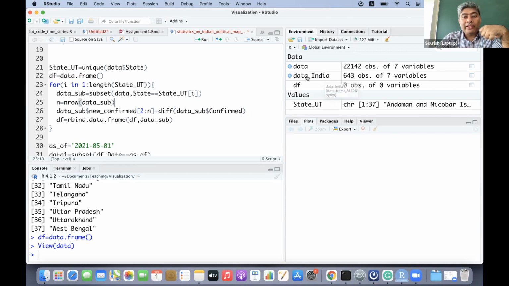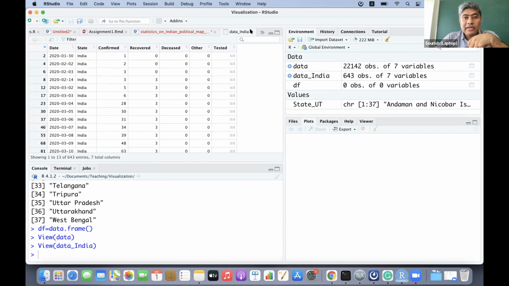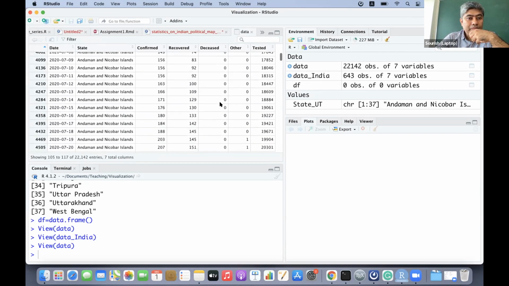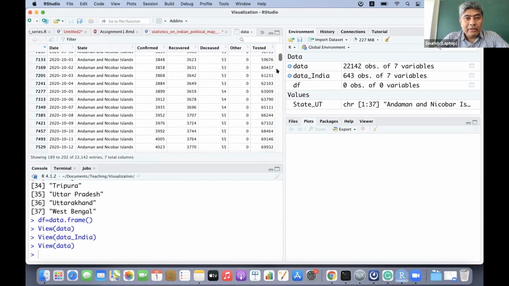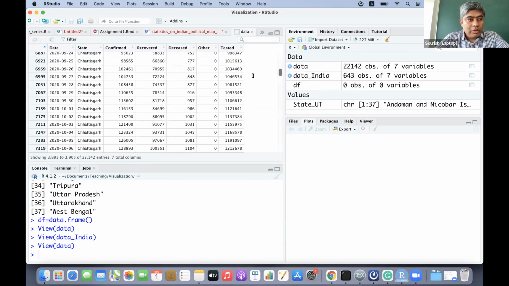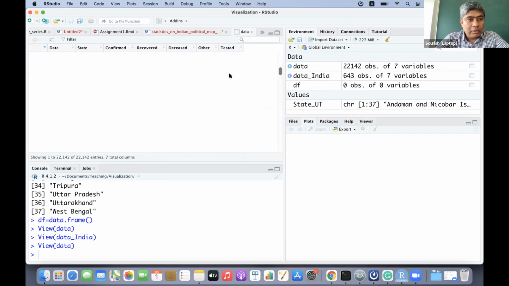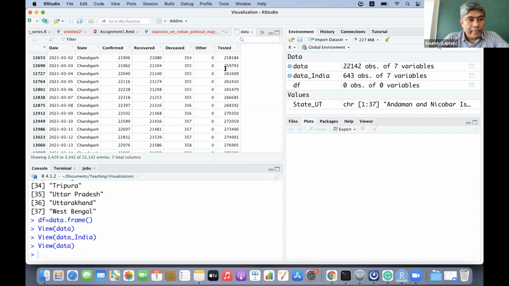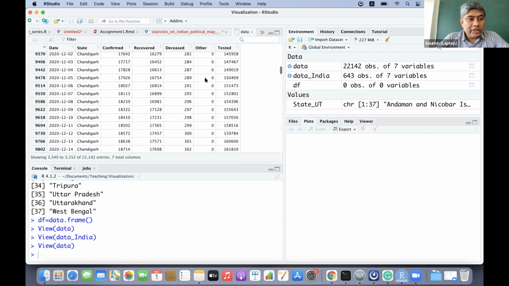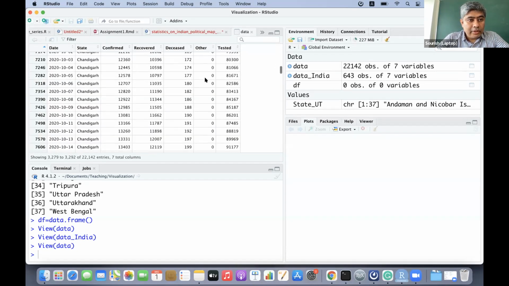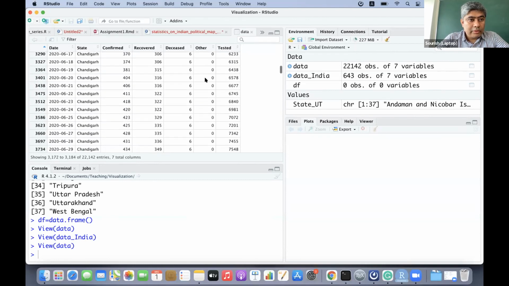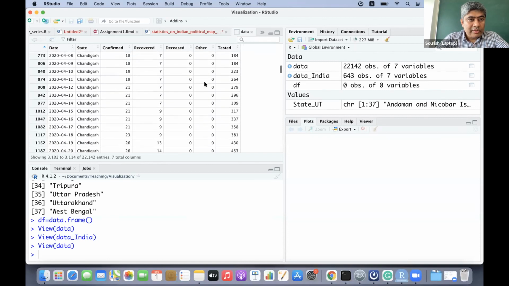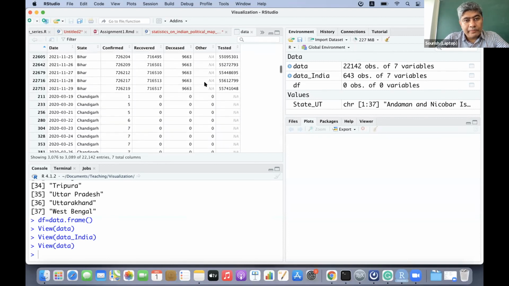But that will create a problem, and where the problem will happen is, not in this data, at the end, when it is changing from Bihar to Chandigarh.